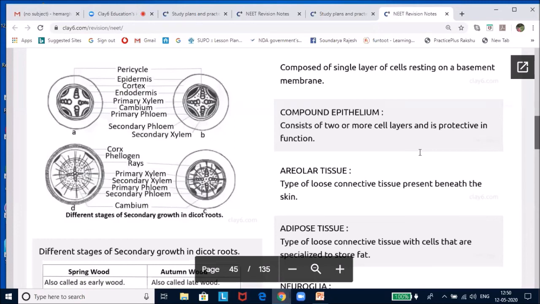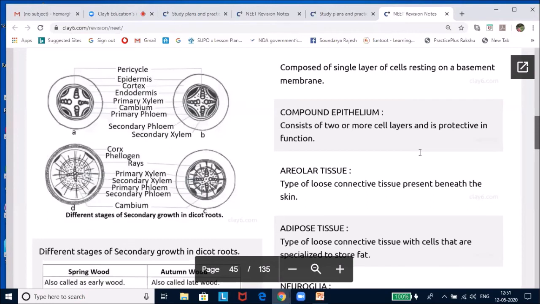Heartwood will not help in water conduction, but it will give mechanical support to the plant. Now let us look at the cork cambium. As the stem continues to increase in girth due to the activity of vascular cambium, the outer cortical and epidermal cells get broken and need to be replaced to provide new protective layers. Hence, sooner or later, another meristematic tissue will be formed, and that tissue is called the cork cambium or phellogen. Now, phellogen is made up of narrow, thin-walled and many rectangular cells.